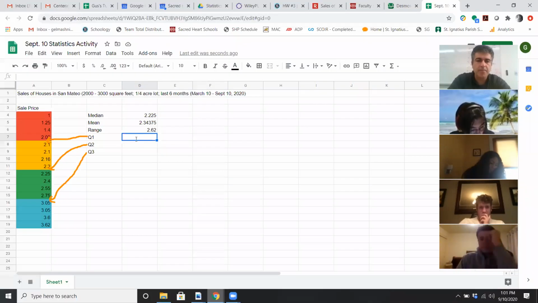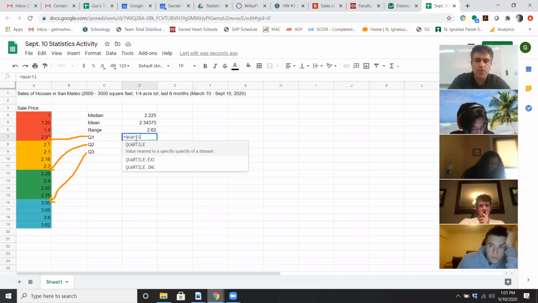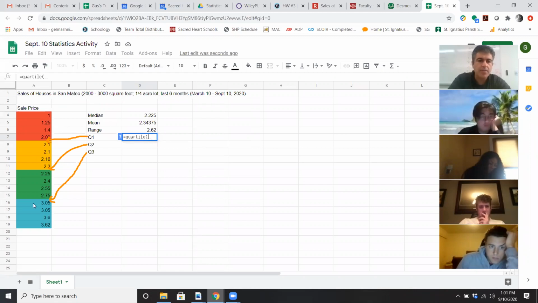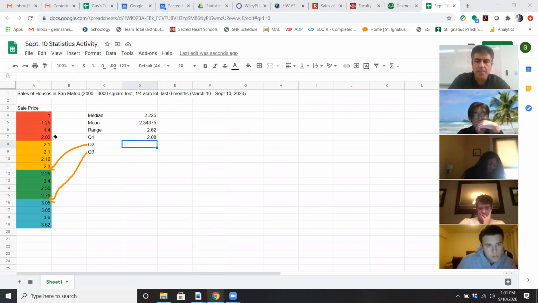Now you can actually compute it in Excel. All you do is type quartile, and you select your data points, and it gives me the first quartile. Notice it gave me 2.08. Basically what it's trying to do is compute a data point that would be higher than 25% of my data points. 25% of my data points are less than 2.08. The second quartile,